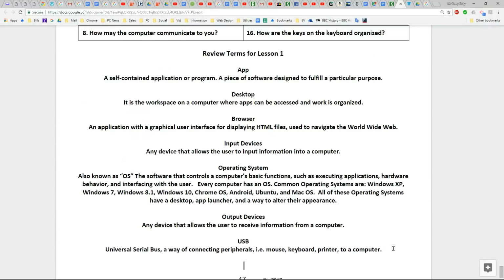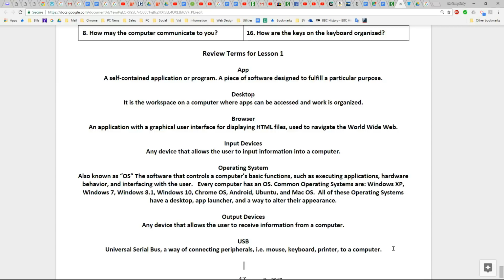Operating system, also known as OS, is the software that controls the computer's basic functions, such as executing applications, hardware behavior, and interfacing with the user. Every computer has an OS. Common operating systems are Windows XP, Windows 7, Windows 8, Windows 10, Chrome OS, Android, Ubuntu, and Mac OS.